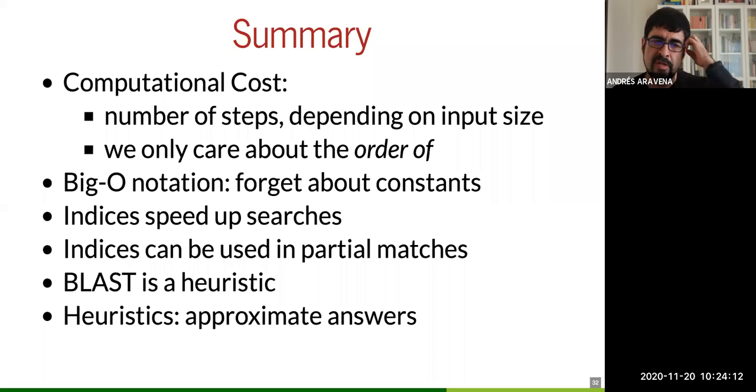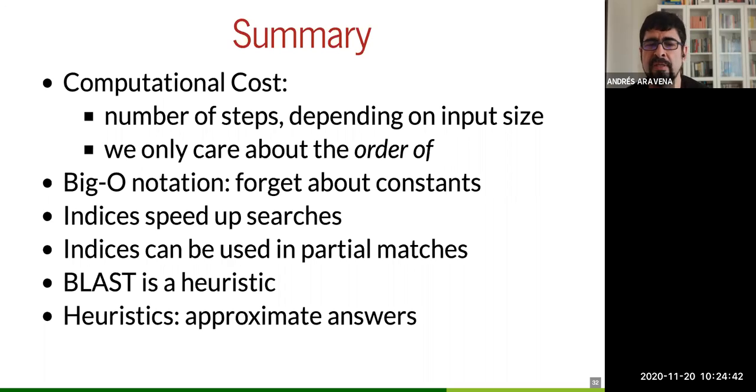Well, this is the summary. Computational cost is either the number of steps or the memory. We don't care about the detail. We care about the order of magnitude, and the big O notation essentially says this: the order of. Then we learned that indices are used to speed up search, and we can measure that speed up with the big O notation. And moreover, indices can be used